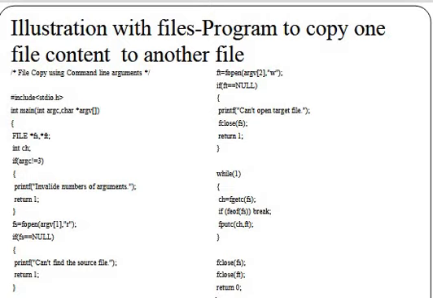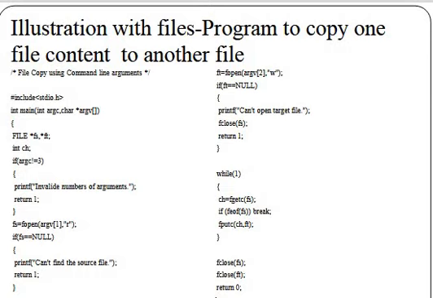Here we have a program to copy one file's content to another file using command line arguments. Look at the if condition. If argc is not equal to 3, invalid number of arguments. The file is opened with argv of 1. Argv of 0 is always the file name.